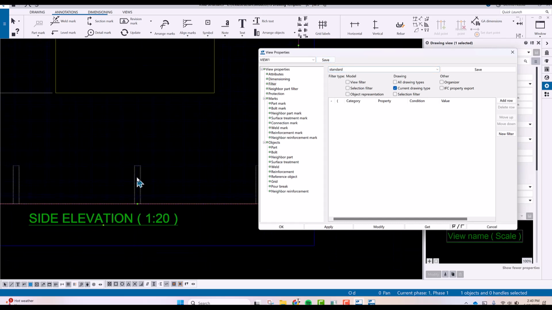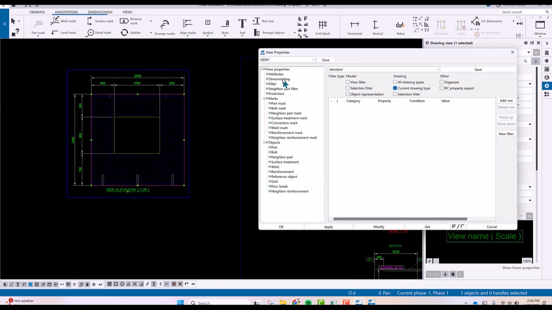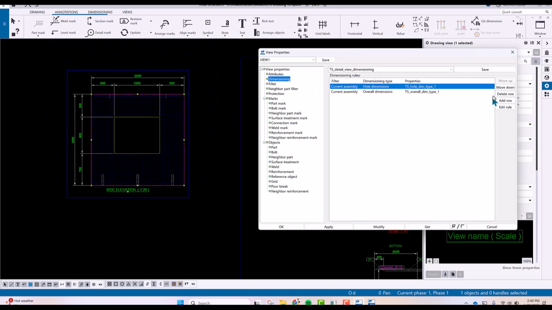It's very easy, because you go back to the dimensioning, and then here, add row, and then maybe add row. I will put up again, and then this one I will use now the filter dimension. So under the filter dimension, I want you to click edit rule, so that you can go to the edit rule set. Okay, it will open the edit rule set for the filter dimension, and then you need to save now the grout. So here,